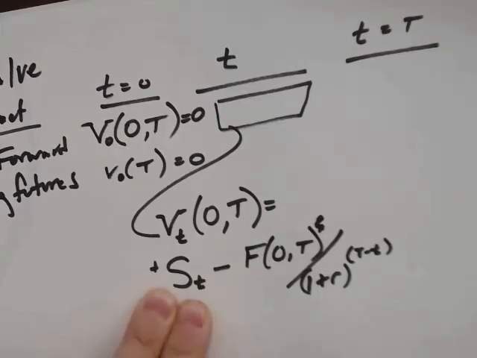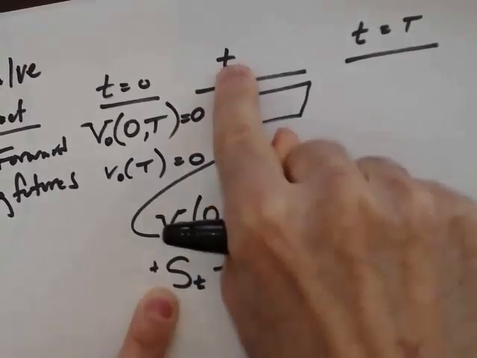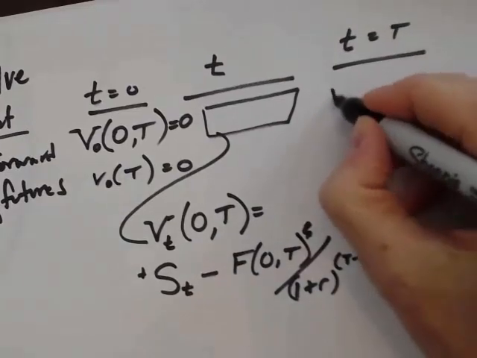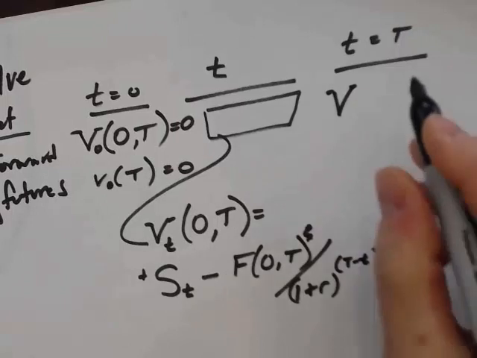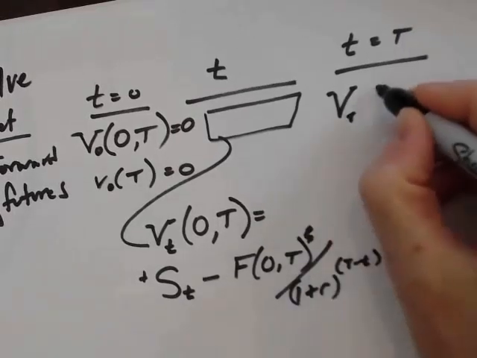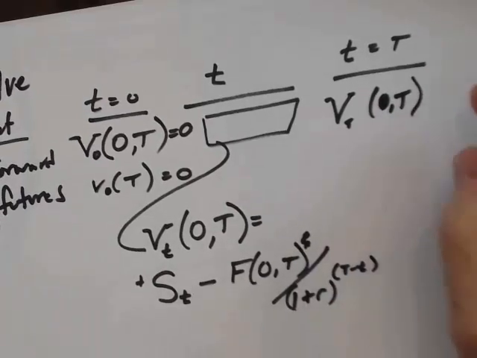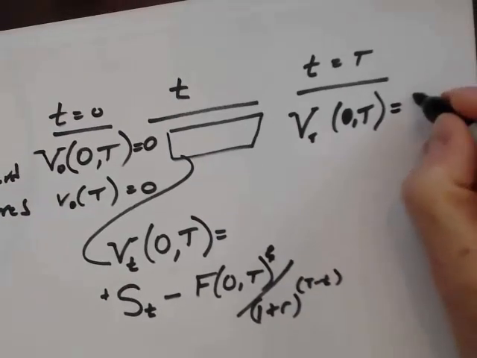The spot is the present value, spot today, right now at time t. It's what you expect to get minus the present value of what you expect to pay. This is your cumulative gain or loss on a forward contract. I say cumulative because there's no mark-to-market on a forward contract. Then at expiration, capital T, the value of the forward contract that was created at time 0 is equal to, here's your cumulative gain and loss,